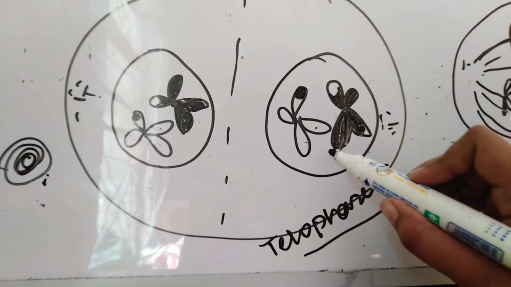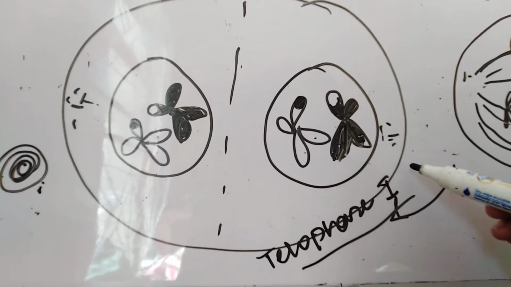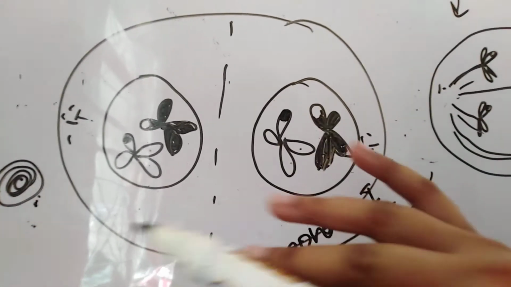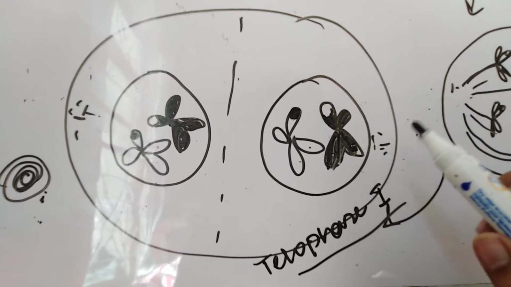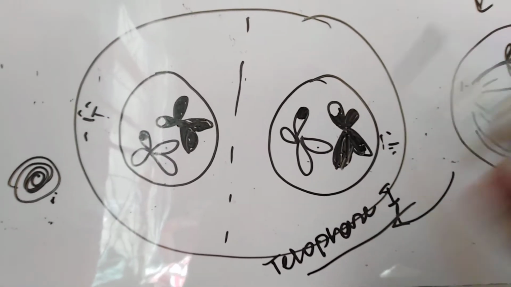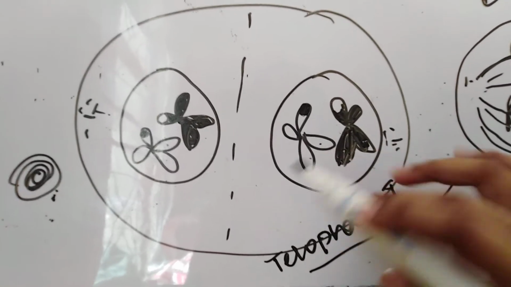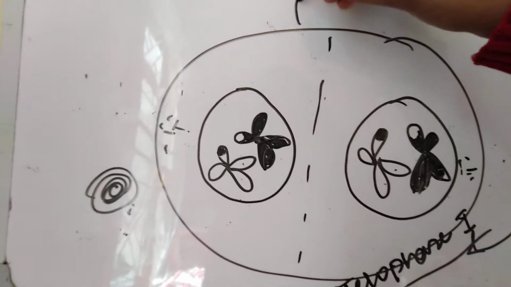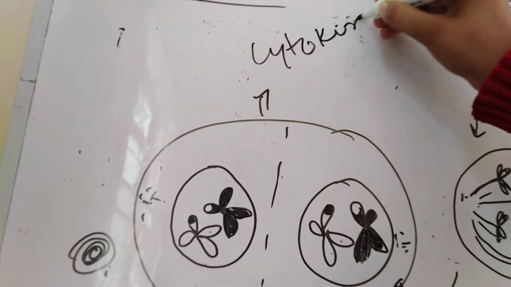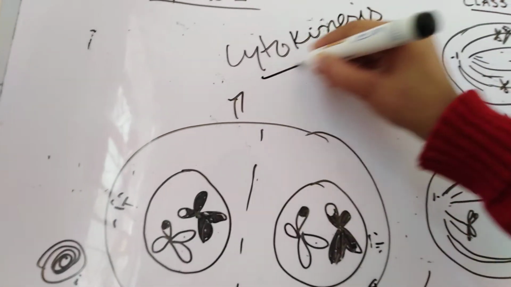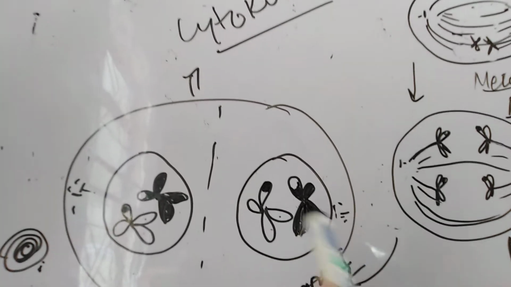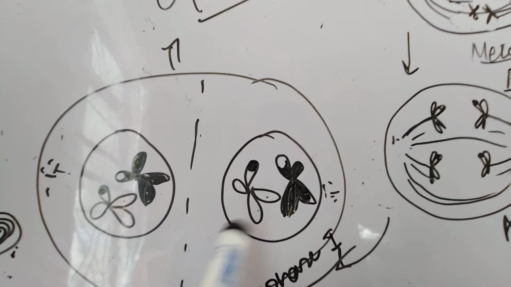I have drawn this diagram just to show the process of recombination. Actually, now in telophase, it is in thread-like form, which is known as chromatin. It will not be in chromosomes. Nuclear division has been completed, but now cytokinesis has to occur for the separation, but there will be no separation during telophase. There must be one more step which is known as cytokinesis.